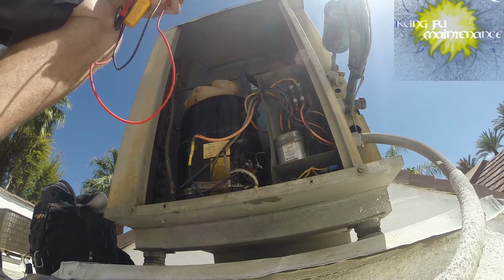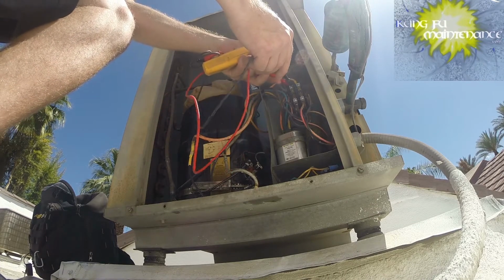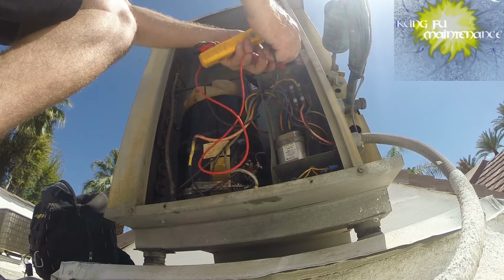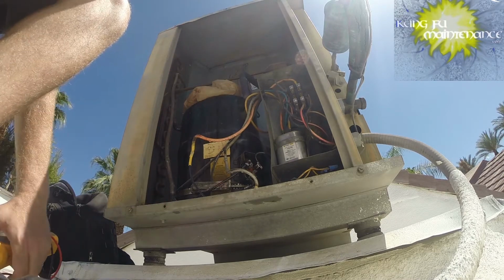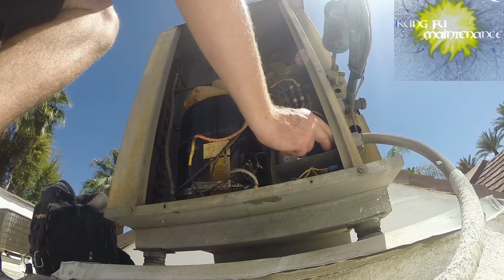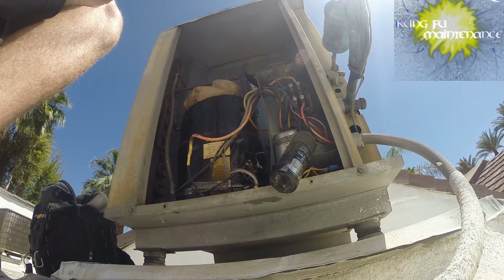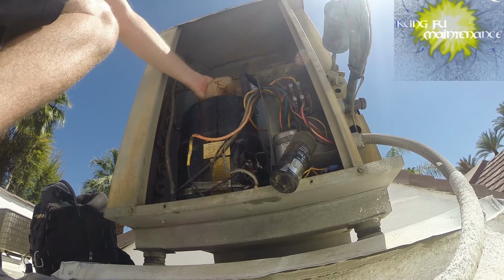Discharge the capacitor, and then what I wanted to do is check the contactor, see if we got power across, continuity across both leads, and then to each other, and we do. Okay. So looking at the wiring, everything looks good. We got a different hard start kit. Mars hard start kits, and it looks like a...